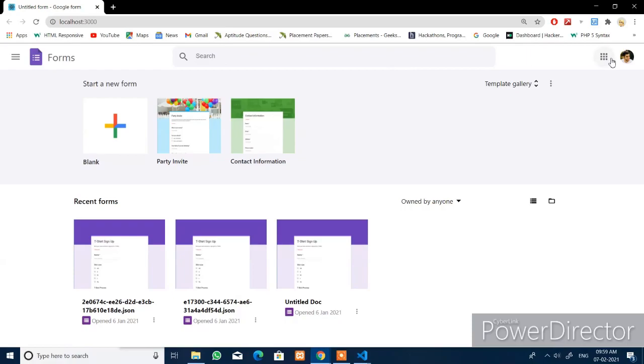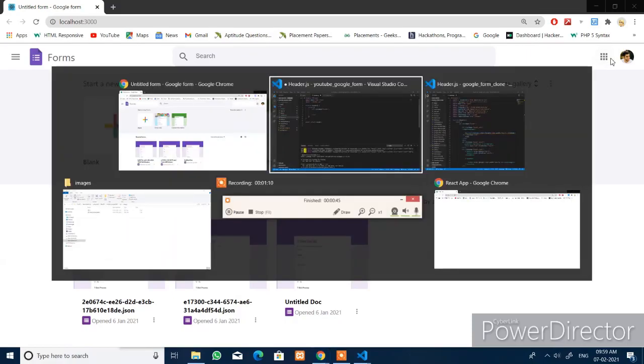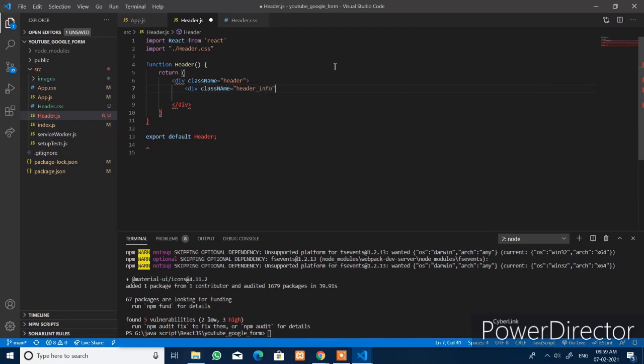These three elements should be created now. Header search will contain the search box, and the header right will have the apps menu and the avatar image.